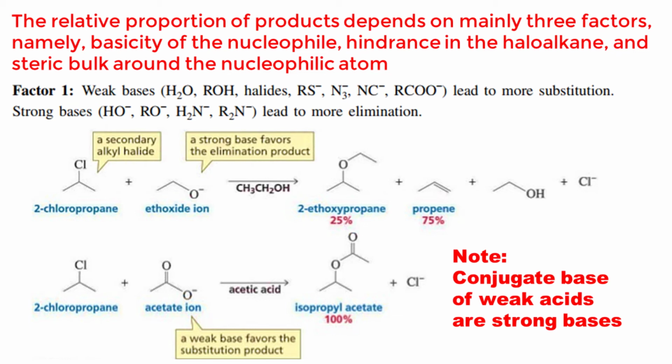If the nucleophile tries to behave more of a base, then obviously you will end up with the elimination product. Next thing is hindrance in the haloalkane. If the haloalkane is crowded, what will happen? And also, what about the nucleophile itself? What if it is bulky? The first factor, if you see, if you have weak bases, the nucleophile will try to behave instead as a nucleophile, not as a base, because it's a weak base. Example, you see these bases, these are extremely weak, so they will lead to substitution reaction. Whereas if you use a strong base, it will try to behave as a base instead and give you elimination reaction.